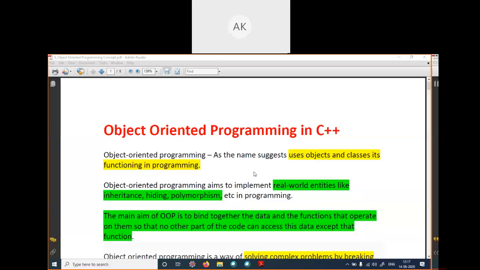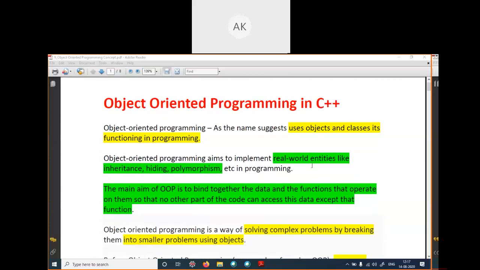So, to start today's class, object-oriented programming in C++. We discussed what object-oriented programming is in the last class. Object-oriented programming, as the name suggests, uses objects and classes. It is at its center, meaning in your programming, the object is at the heart. Your whole programming is around objects and classes,